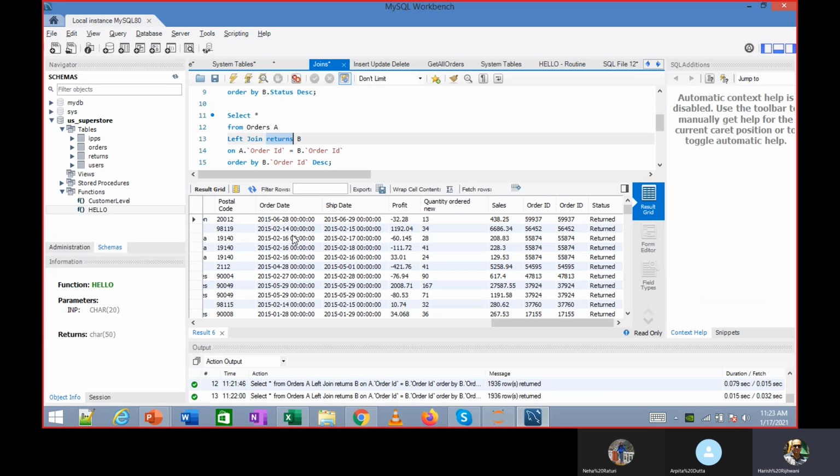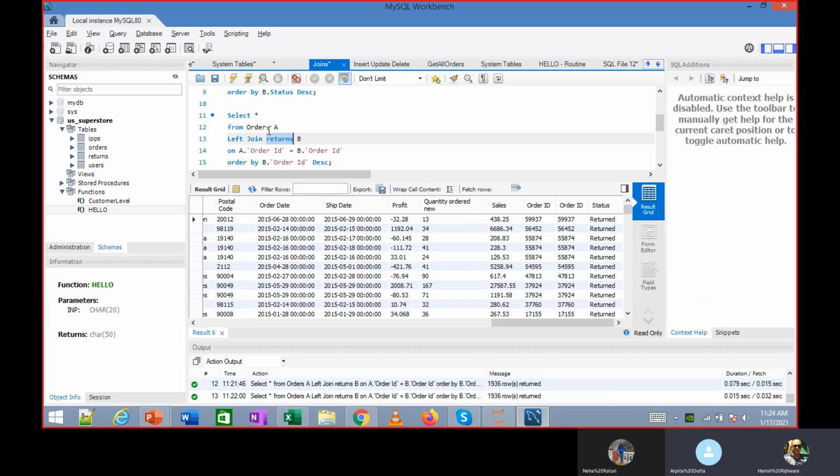Returns is the table name, okay? Yes, sir. But how will it know, if you're talking about the order ID here from the returns table, till what point the data has to be